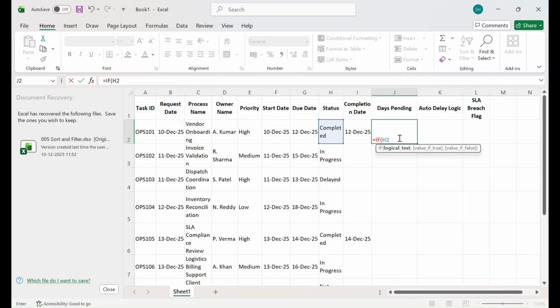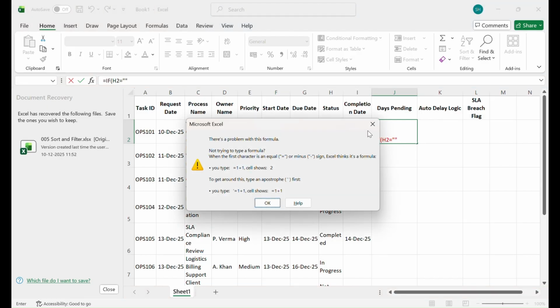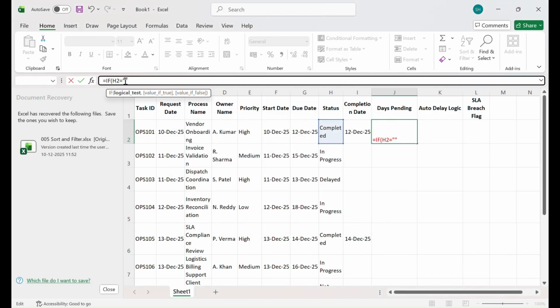So I'm going to select H2 equals, in double inverted quotes, I'm going to type "Completed". The reason is the status should be completed. If the H2 status says completed, then I need it to say "No delay". Okay, then comma,